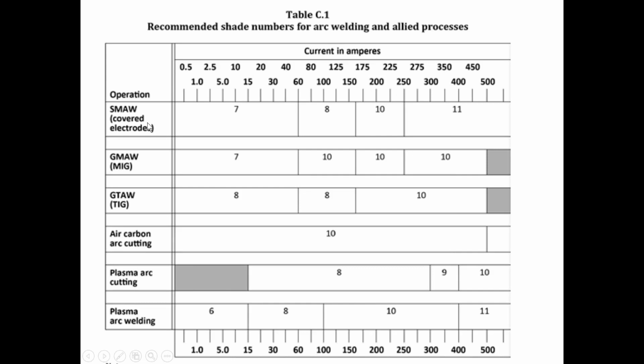So for example, if I was doing stick welding, which is the most common, also known as SMAW, I would need a shade between a 7 and an 11, depending on the amperage that I'm using. If I was using a plasma cutter, I want something between an 8 and a 10. So again, it's all kind of laid out for you. What's important is that you go look at the standard and make sure that your workers are using these things